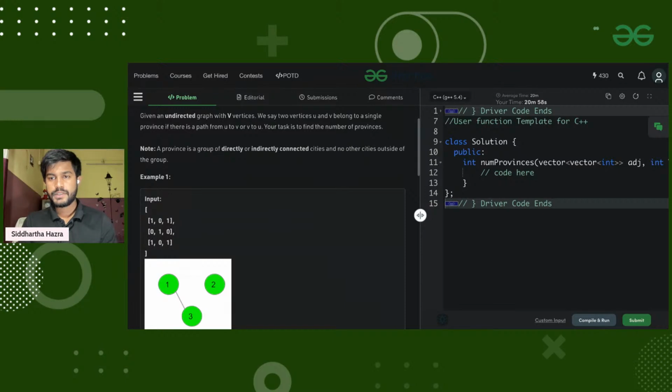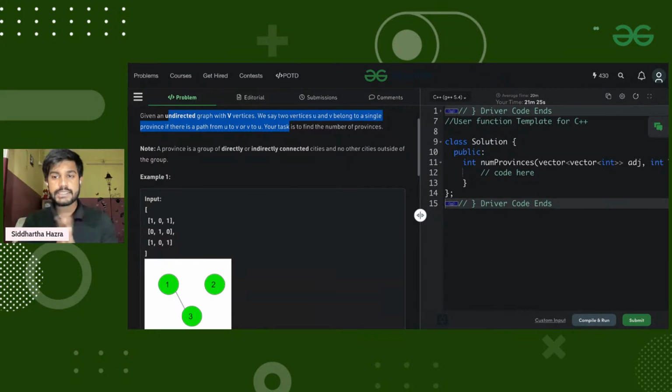Mohit, what problem do we have? Can you quickly tell me? This is an undirected graph. It is told in this question: given an undirected graph. Okay, everyone is able to understand?